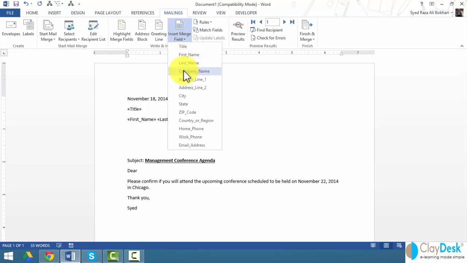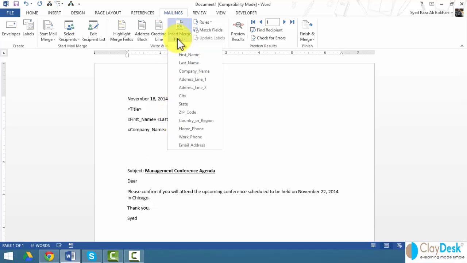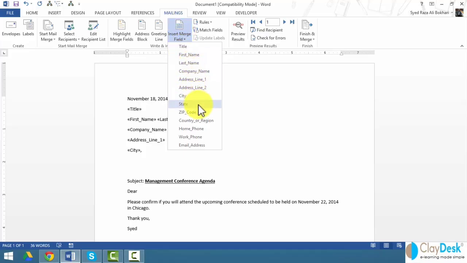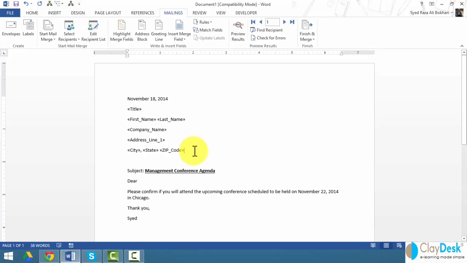Maybe I want to see the company name here, and next line, address 1, and we'll continue with my city. So I'll put a comma here, and my state, and my zip code. All right, skip the lines here. Once I've set up the merge fields, notice I can click on the highlight merge field